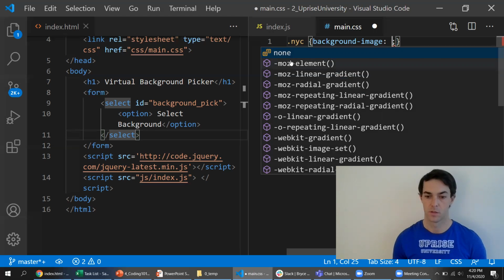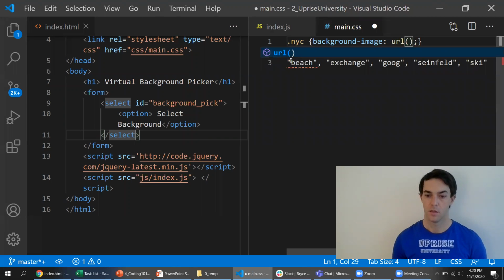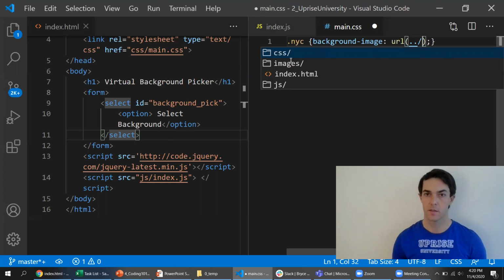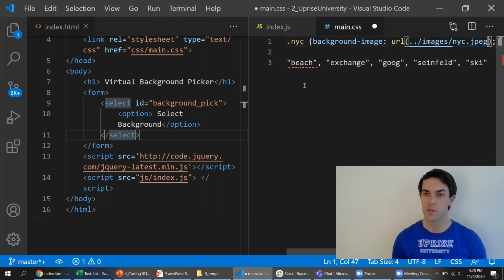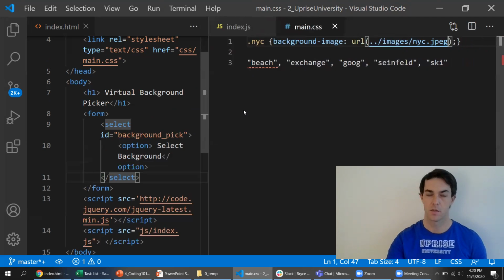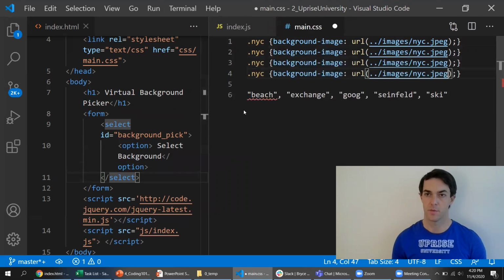and then we're just going to have it be background image, and we're going to do URL. Dot gets you out of the file, and then //. So dot gets us out of this JS folder and to this main directory, and then we can go in here to images, and we can select the NYC image there. So that should be it for that class,